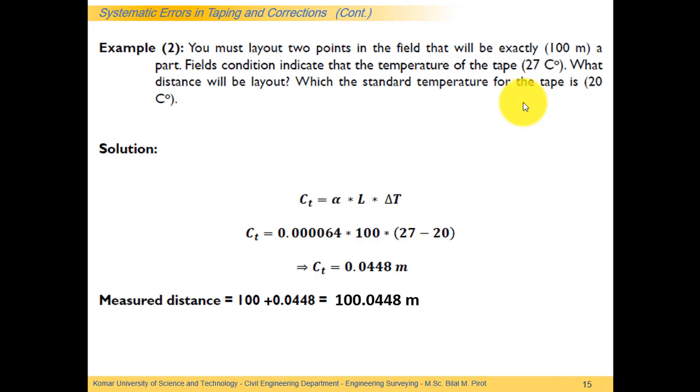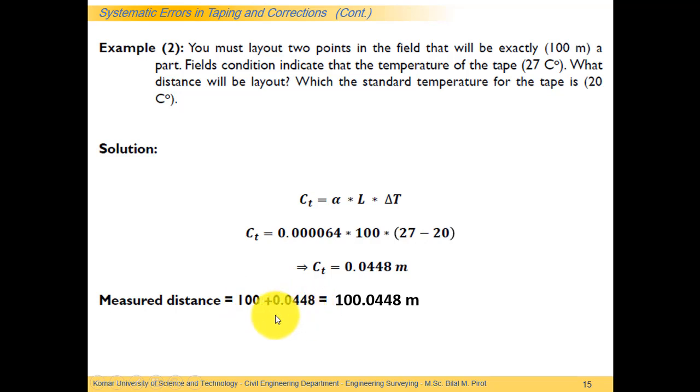As a result of increasing the length of the meter, you will read a lesser distance. When you read a lesser distance, you have to add this error to the measured distance. So this is why we can say 100 plus